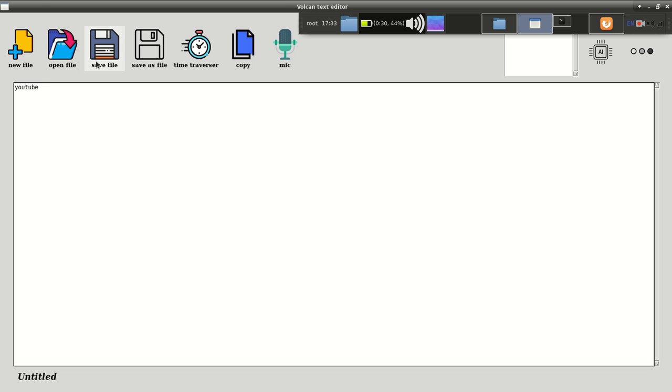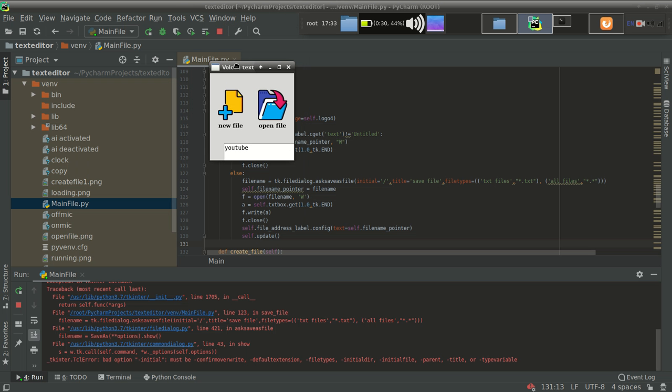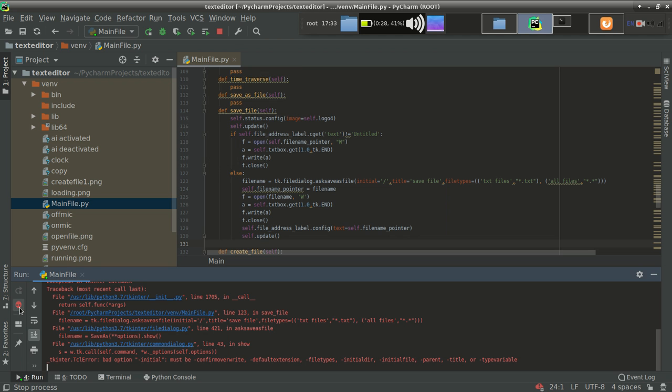You can see that here I have untitled. Let's save it. I think an exception has been thrown. It is throwing an exception in the ask save as file line. Let's verify why it is throwing an exception.